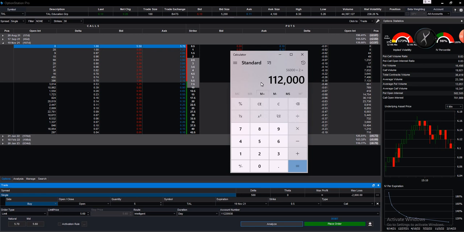So that's what I'm trying to say. That difference. So $10 is a fair estimate. Now, let's deduct our $20,000 original investment. We're left with $92,000. If this stock does this move from $6 to $17,